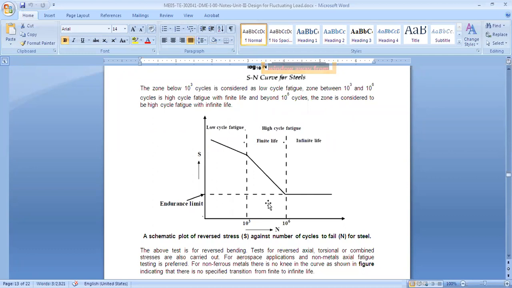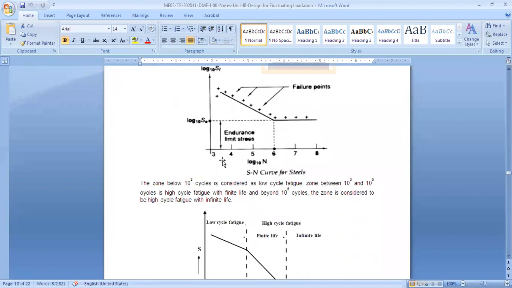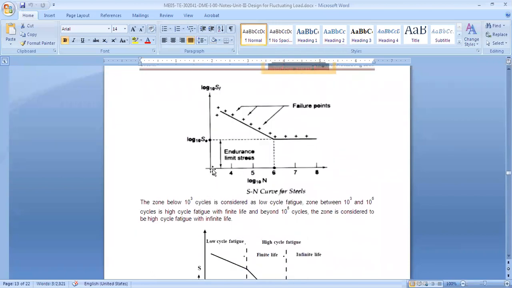I will repeat the whole thing again. Generally, we don't draw this whole graph. We draw only this part, because we are not interested in low cycle fatigue. We are interested in high cycle and infinite life. So while plotting, we draw an inclined line with a downward slope, where it will have a point on the y-axis. That point is 0.9 SUT. And then it will have another point which is basically the endurance limit, log of endurance limit, and it will be log of 10 to 6, that is 6. So we draw this line, and then there will be a horizontal line after that, right?